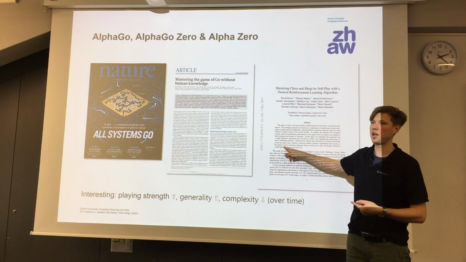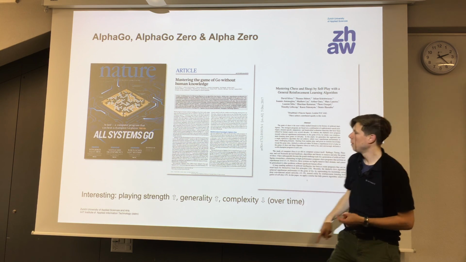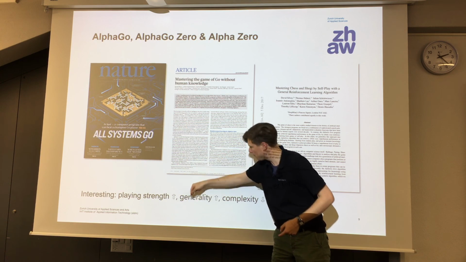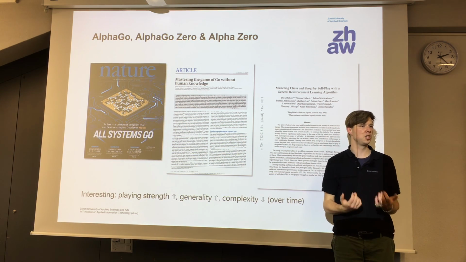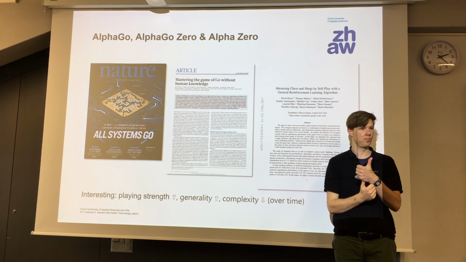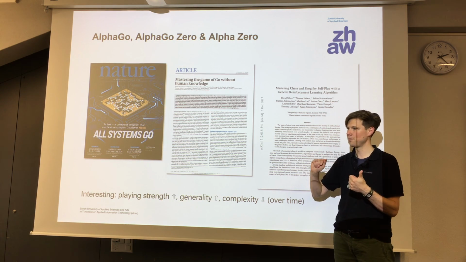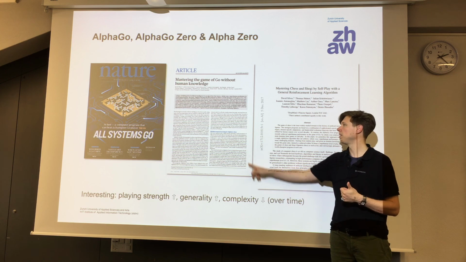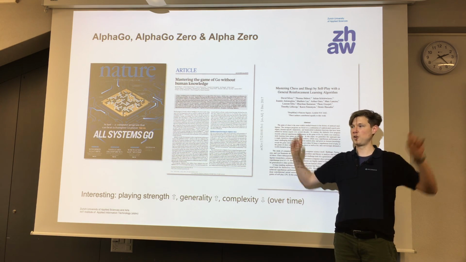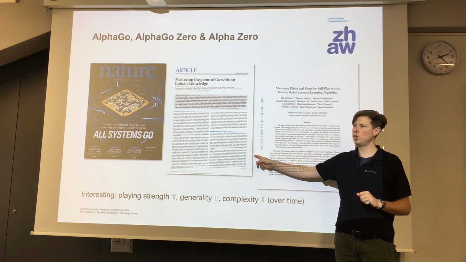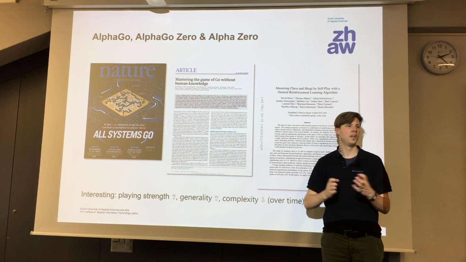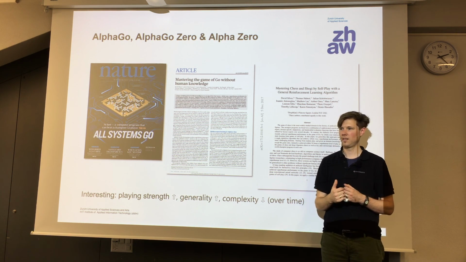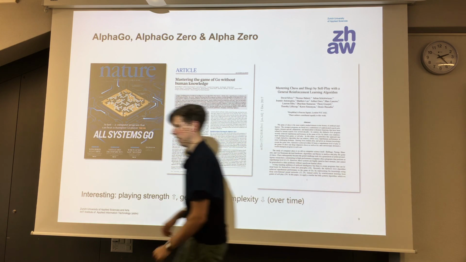And then this is just an extension to show how general it actually is. It means playing strength went up, generality went up, complexity of the method went down. This is completely rare. Usually in science it's the other way around. And it shows that they have discovered something beautiful here, something that deserves a look, because they discovered something that has some generality in it. And this is why I want to explain it.